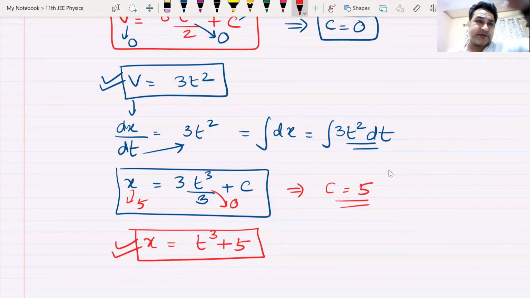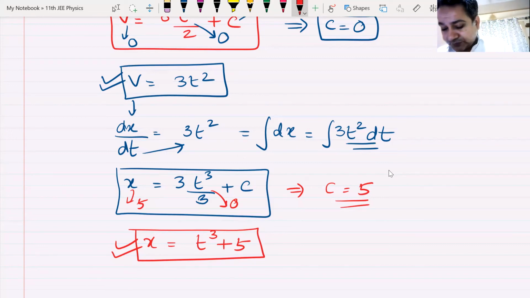Distance is positive, displacement is positive on the upper side, negative on the below side. We have seen the acceleration time graph, whose area gives us change in velocity. We'll be starting with the next chapter from the next class. That will be motion in 2 dimensions or motion in a plane, or some people also call it projectile motion. That will be the next chapter we will be starting off with.